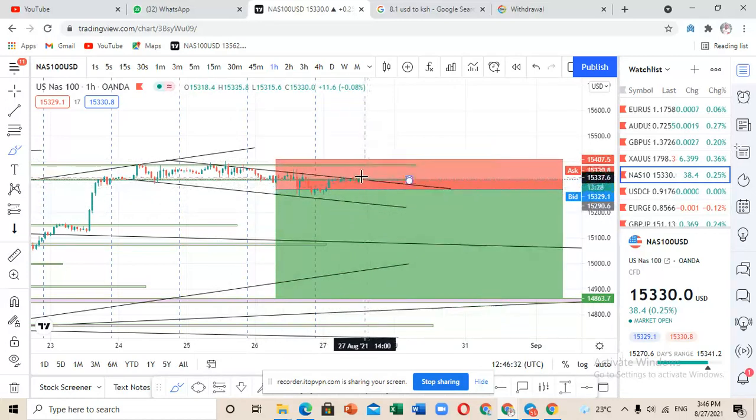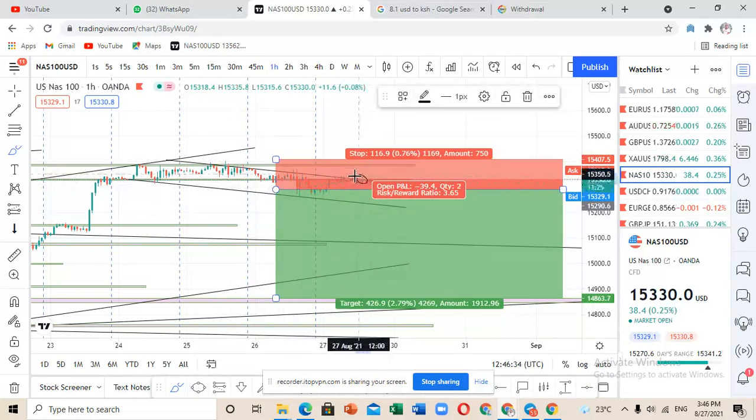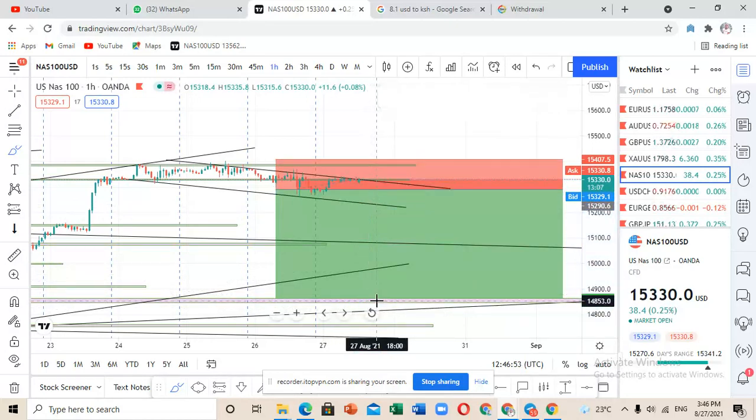So I'm expecting that currently the market has touched this trend line that is here. I'm expecting that the markets are going to move towards the downside, and when the markets move toward the downside to this trend line, when the volatility starts, I'm expecting that they are going to create a breakout to the downside to come to this point here where I will have taken my take profit.